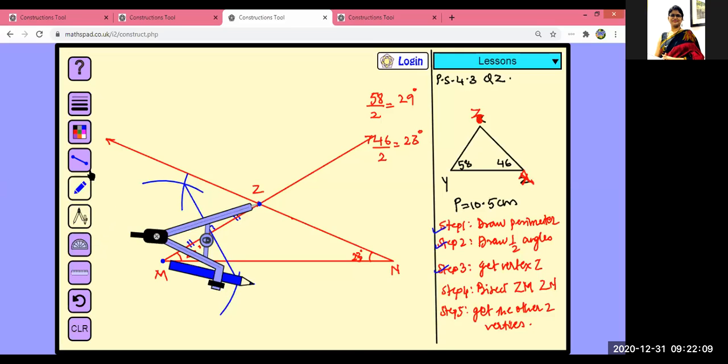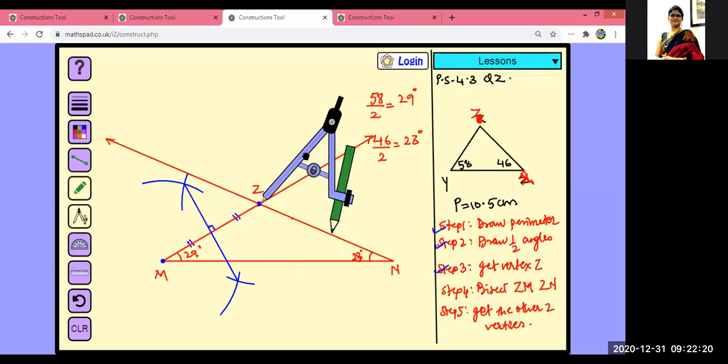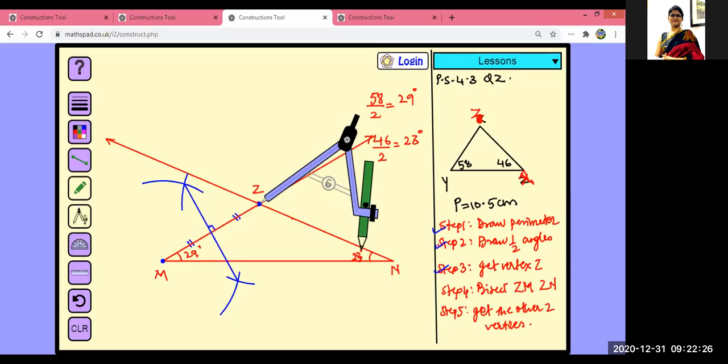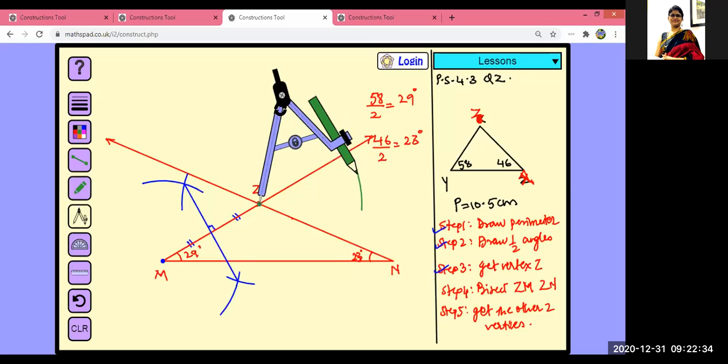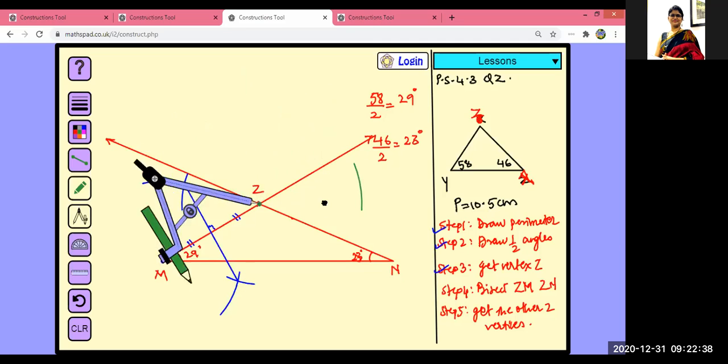And now we have to draw the perpendicular bisector on the other side, which is side ZN. So place the compass in such a way that the steel point is on point Z, and now take more than half distance like this, correct? And we have to draw arcs. So draw arcs, one on each side. One arc on this side and the other arc would go on the other side like that,